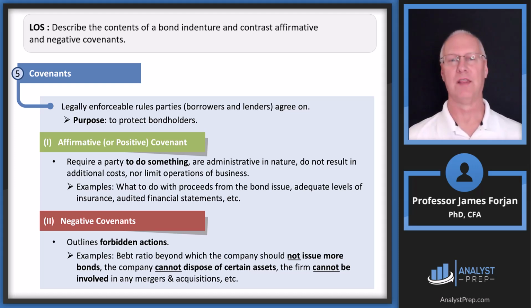All right, covenants. These are really cool things that add value to the bond issue for both the borrower and the lender. So notice what we have there in that first point: legally enforceable rules that both parties agree on. And so these can either be in the affirmative or in the negative. The affirmative, of course, as the name suggests, means somebody has to do something, right? And so the great example is